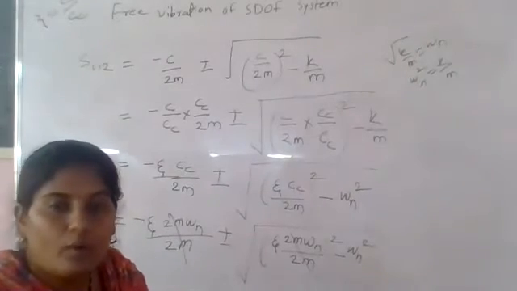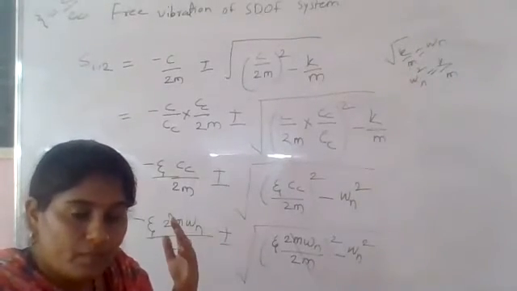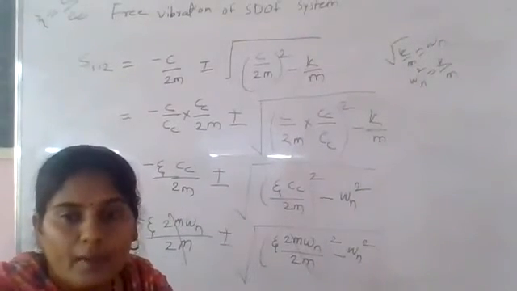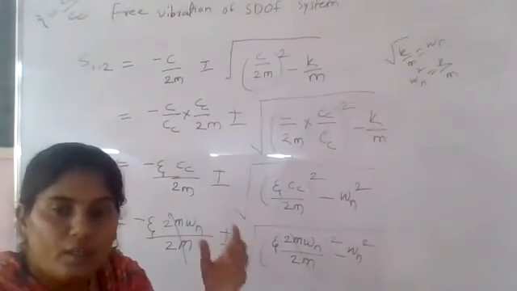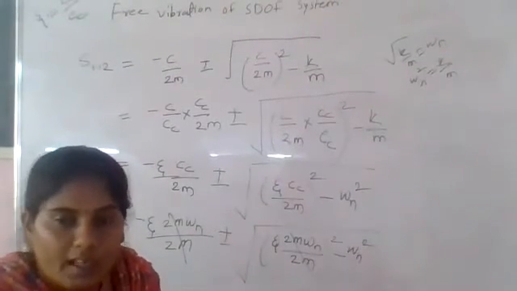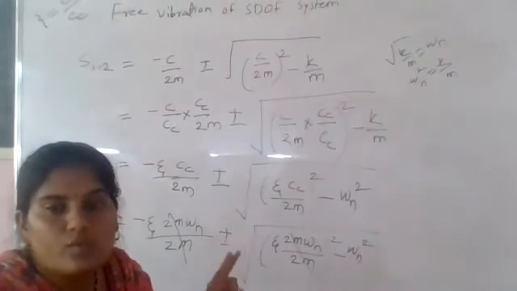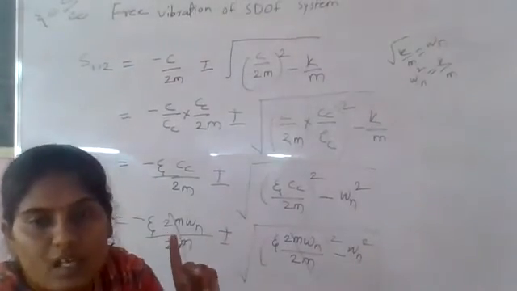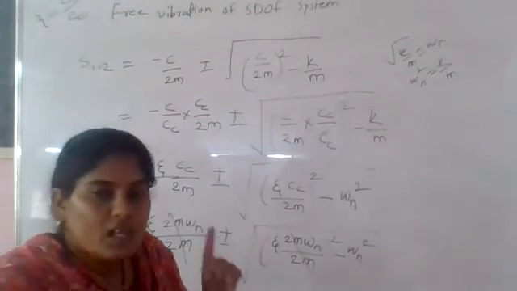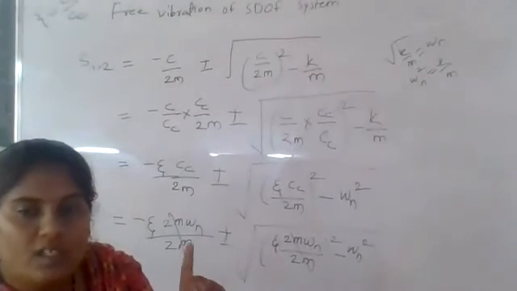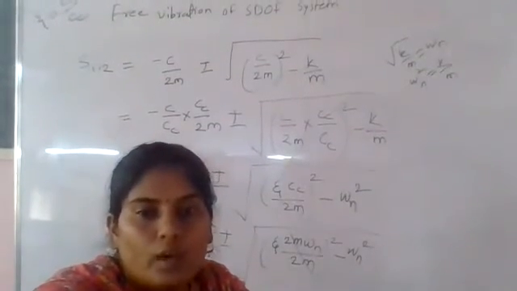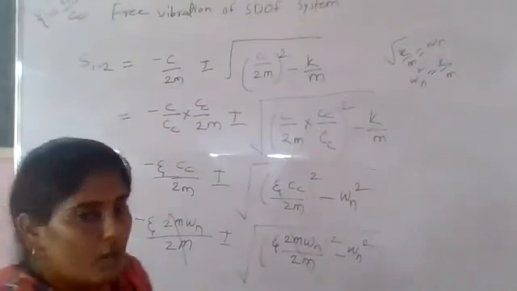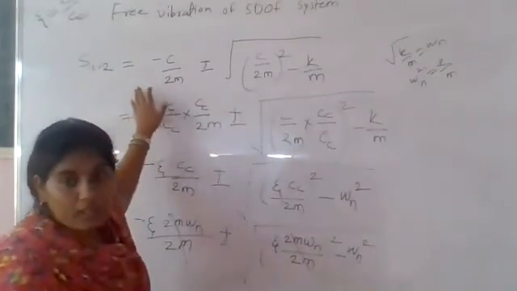After that, we go for Cc, that is the critical damping. When is the critical damping condition? When the under root part becomes 0. At that point we get two formulas. First, Cc is equal to twice m omega n, and second, Cc is equal to 2 into root of km. Based on this, we go to the next one, that is zeta.